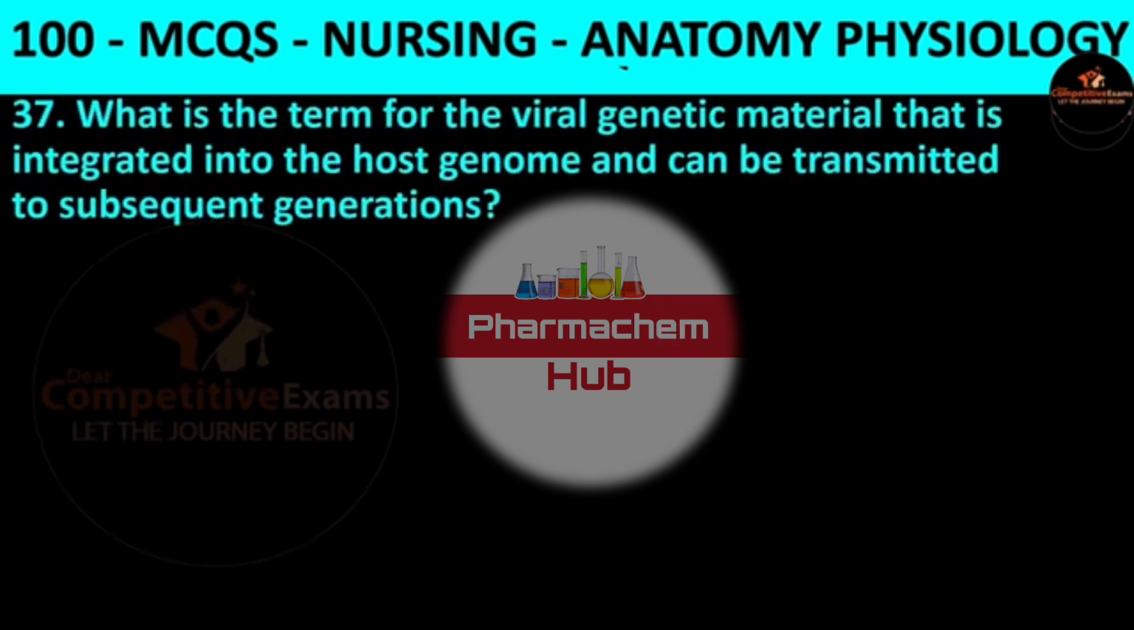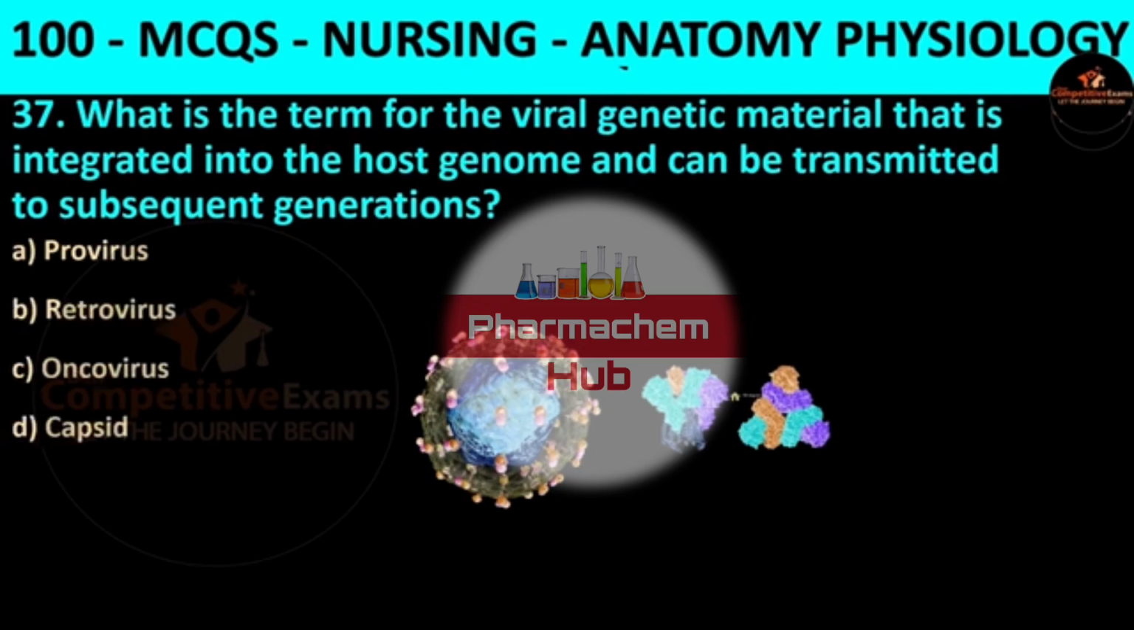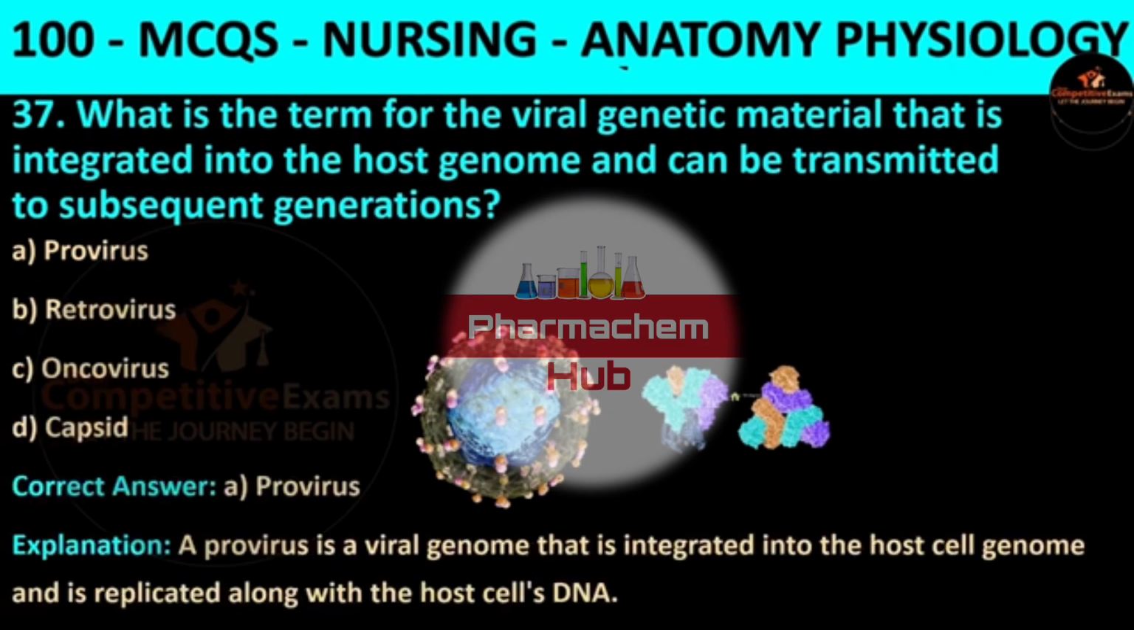Question number 37. What is the term for the viral genetic material that is integrated into the host genome and can be transmitted to subsequent generations? The options are provirus, retrovirus, oncovirus, or capsid. A provirus is a viral genome that is integrated into the host cell genome and is replicated along with the